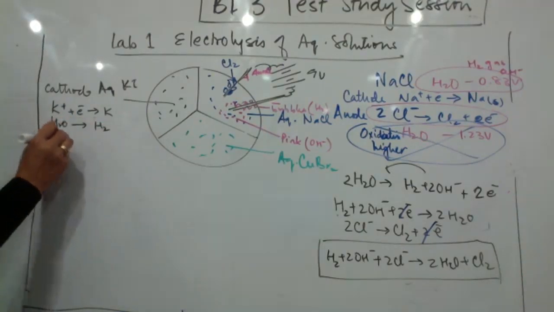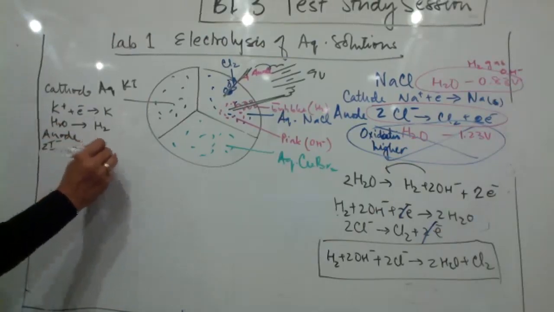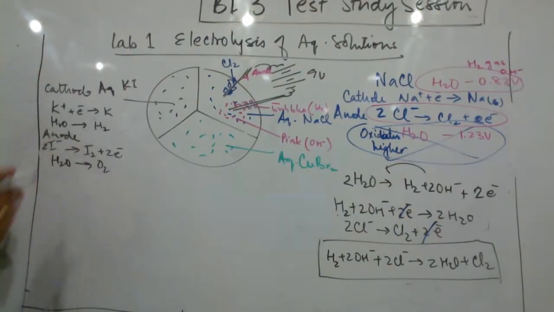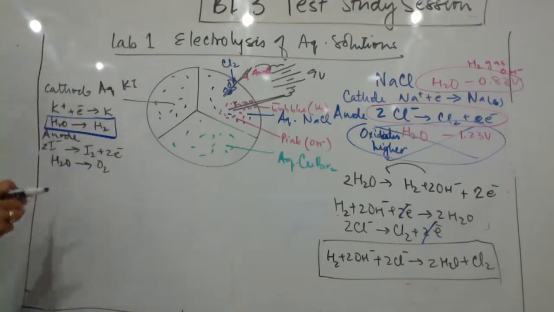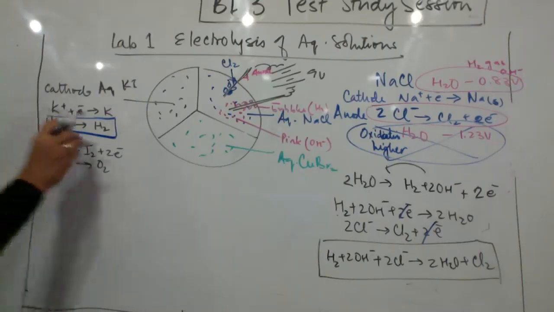On the anode, 2I minus want to be oxidized to form I2 plus 2 electrons, and water wants to be oxidized to form oxygen gas. What actually gets reduced is water, and what gets oxidized, I think here, is iodine, because